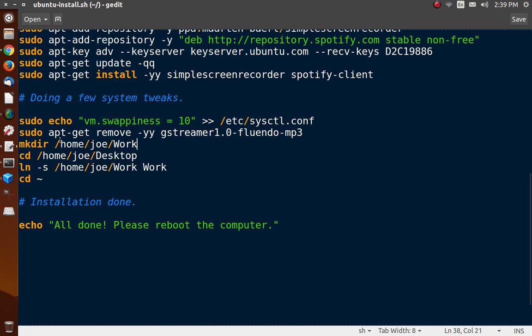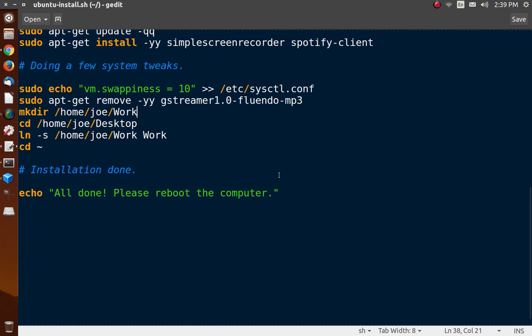Next, we have a command that makes a directory called work, and it's going to put that in the home directory, and then the system will switch its working directory to the desktop, and in the desktop directory it's going to create a link to work. So that way I'll have a link on the desktop to the work directory. And then the very last thing that it's going to do here is switch back to the home directory, and it is going to echo this line of text which says it's all done,